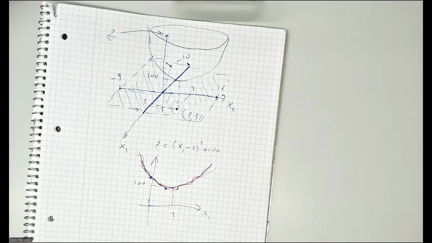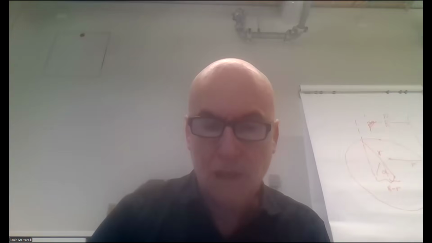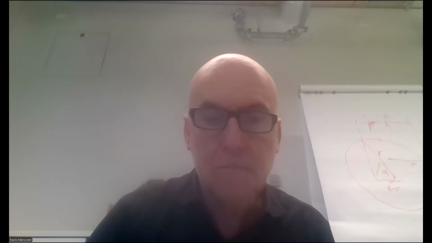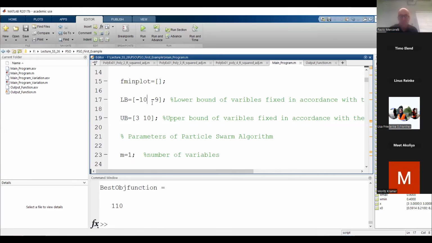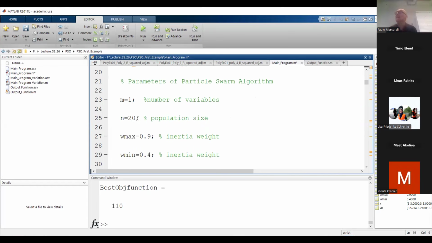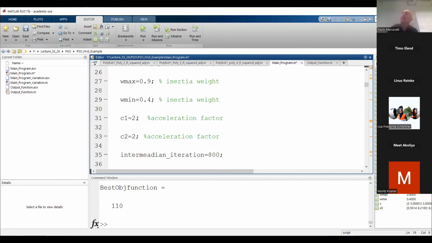How easy now it is. Between -3 and 3. Basically, I don't have to change practically anything, but you remember